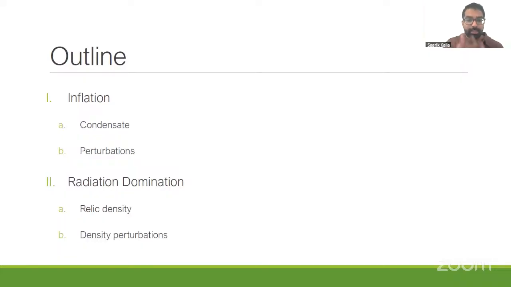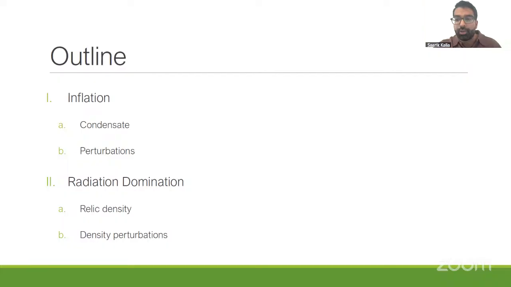So the outline of my talk will be roughly as follows. In the first part, I'll focus on what happens during inflation. At first, I'll focus on what the condensate, the average value of the field, is doing. I'll basically flesh out that picture that I just showed you, what actually happens as this scalar rolls down this potential. In particular, I will tell you what the slow roll solution is, and I'll identify what the relevant slow roll parameter is.